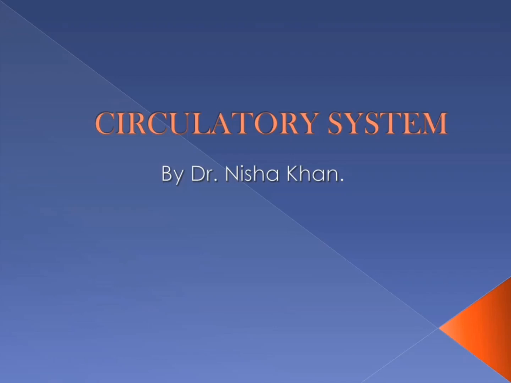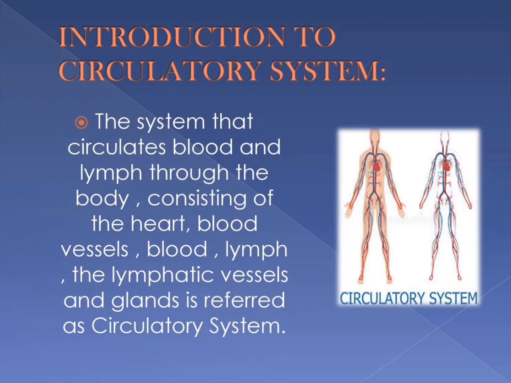Let's get started. Circulatory system. All organisms must exchange materials with their environment and distribute materials within their bodies. Most animals have a system of internal transport, a circulatory system, that transports oxygen and carbon dioxide, distributes nutrients to the body cells, and conveys the waste products of metabolism to a specific site for disposal.